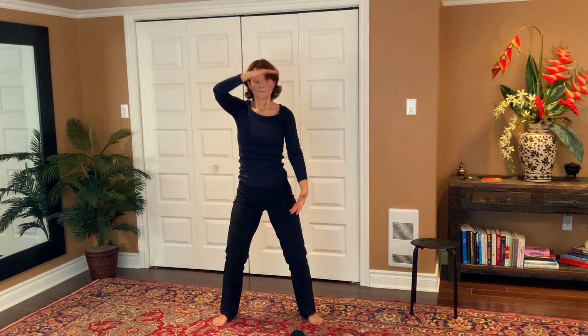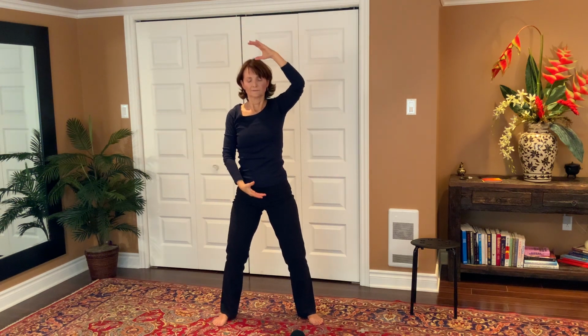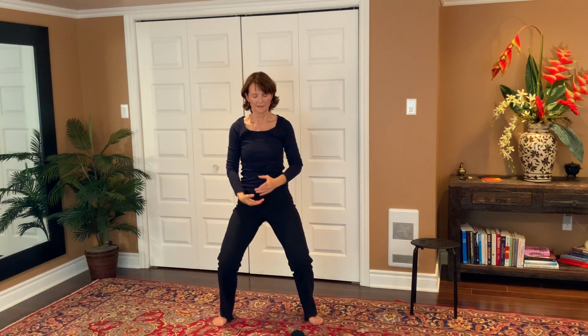Let go of whatever you don't need. Make space for this sense of peace that will stay with you throughout. Last time. Bring both your hands open, inhale,